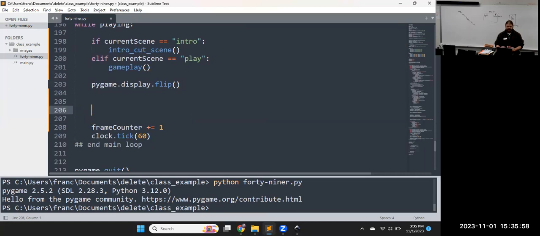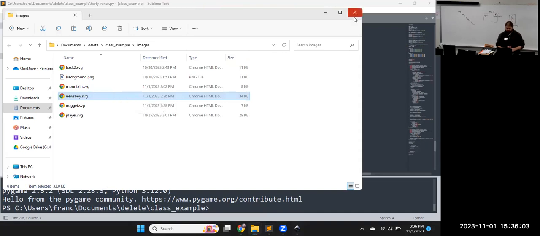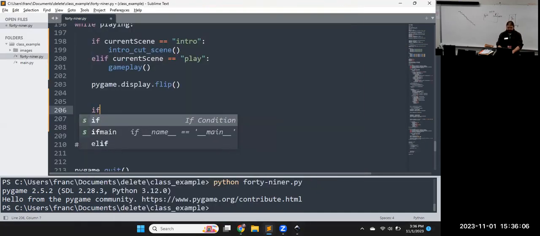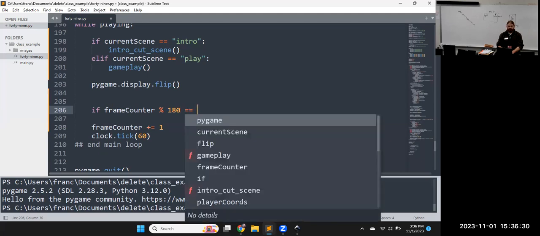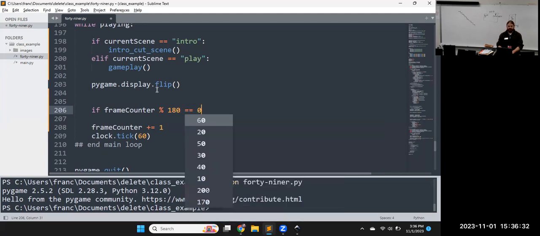So after we update our display, I want to check the state of that frame counter. How long should we stay on that opening cutscene? There's no animation, but maybe 3 seconds if there was animation. Does that sound good? 3 seconds would be approximately 180 frames. So if we take frame counter mod 180 and there's no remainder,